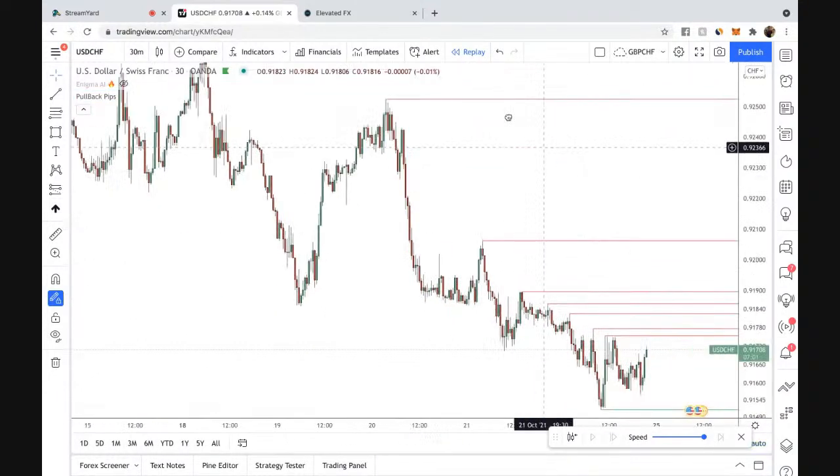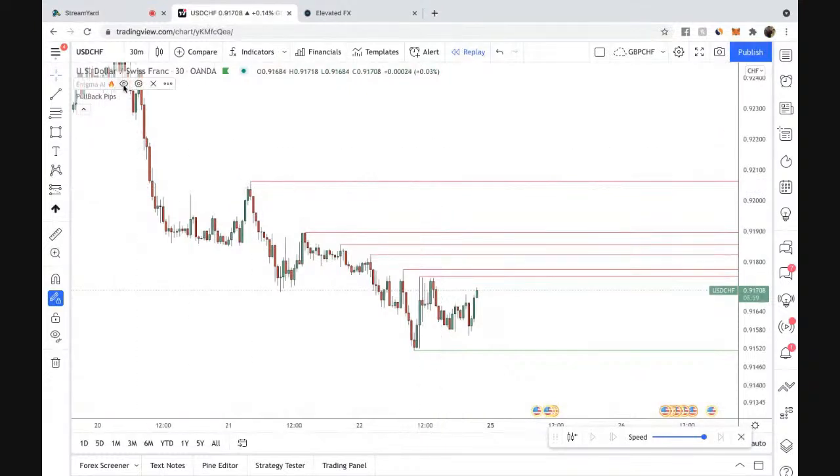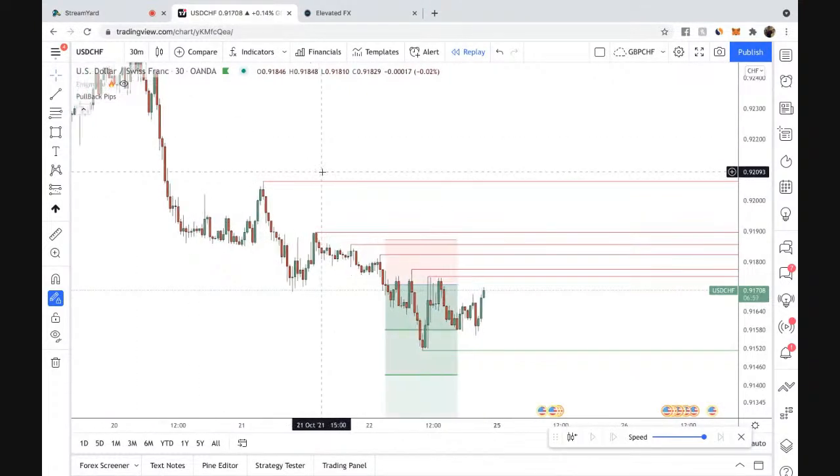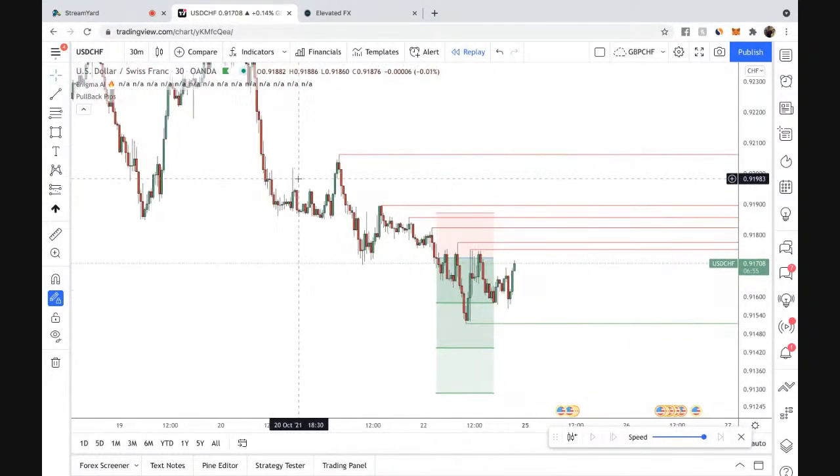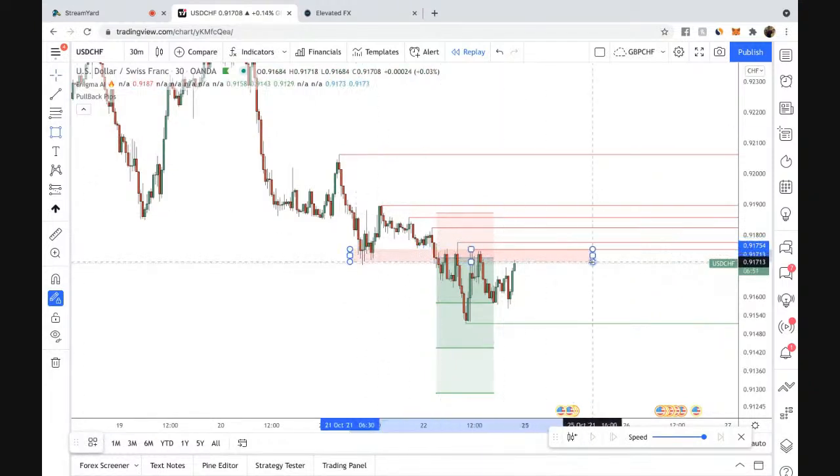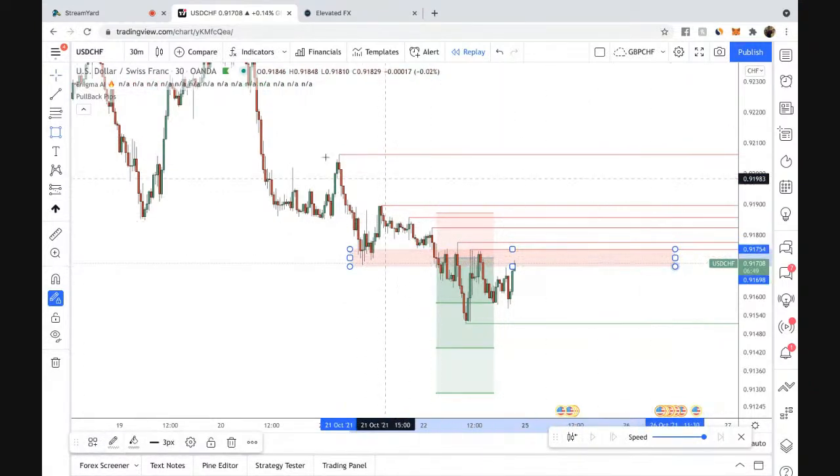And I like it, and I'm interested. I want to see what we got. I believe we had an Enigma setup. Yes. Enigma's telling us we should be looking for some selling opportunities. So my question is, where can I get in and minimize to maximize, right?